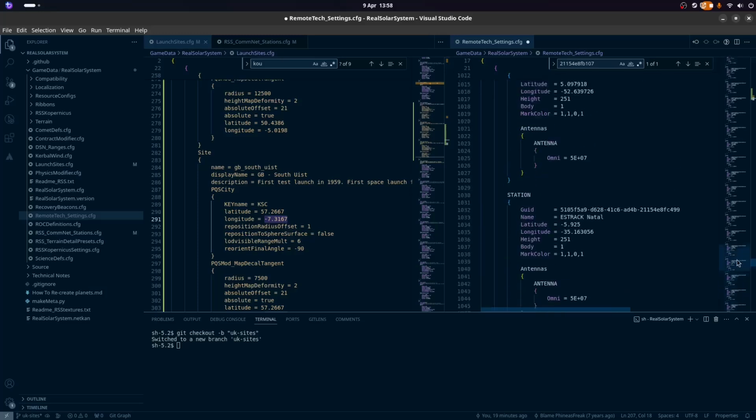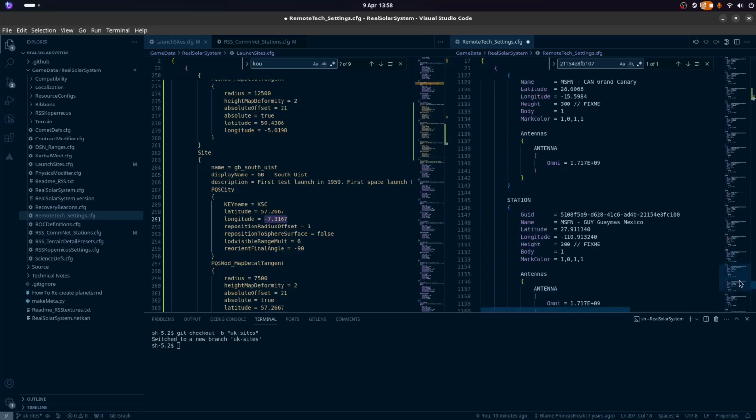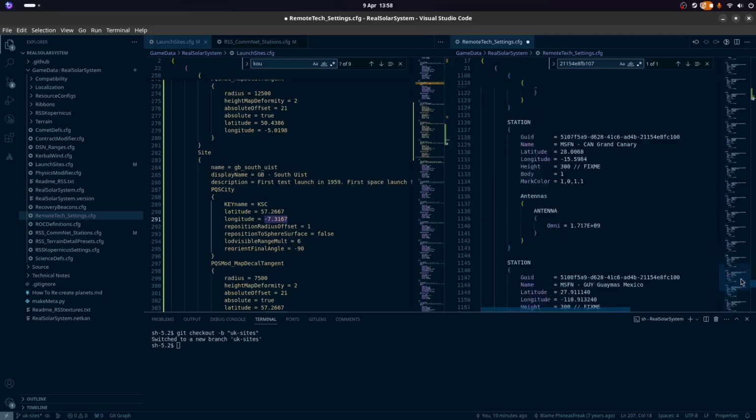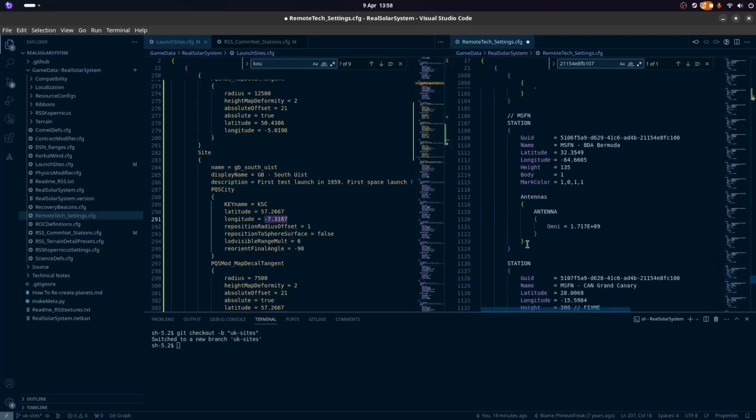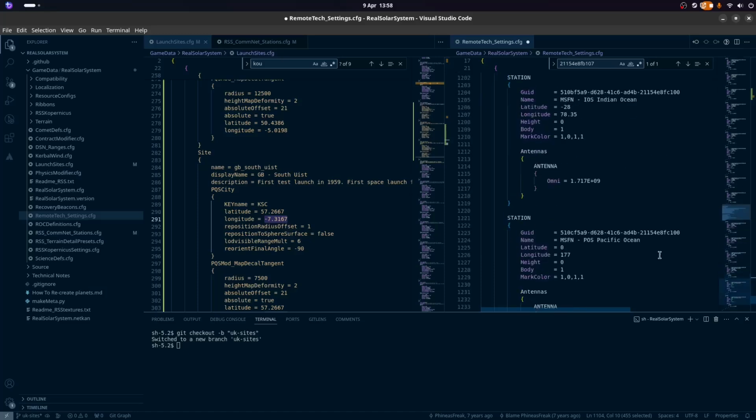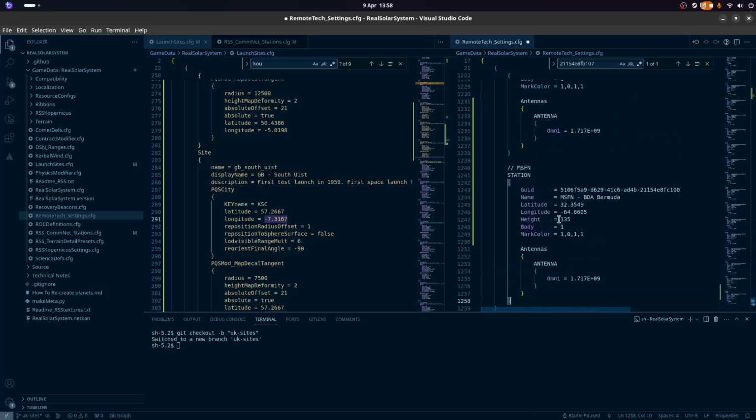What are the DSAs? You know what, we're going to assume it's the same capability as MSFN, because otherwise... And again, somebody could fact check this in my pull request. Or I will fact check this.